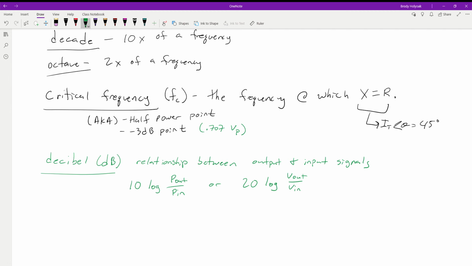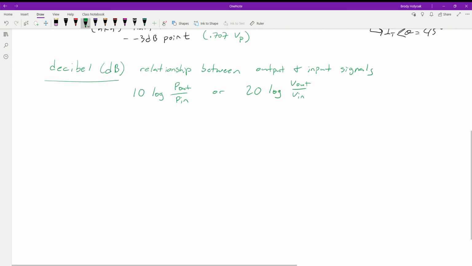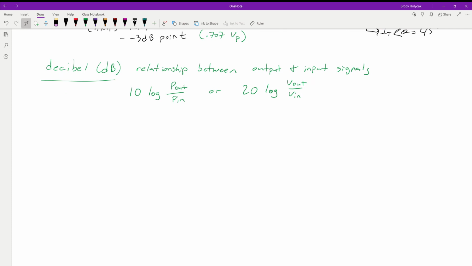We're amplifying specific frequencies, and we can adjust those frequencies on those boards and set everything up so we can filter out exactly how we want our music to sound, how we don't want it to sound, things like that. Audio is honestly one of the easiest examples to use to explain decibels. It's all over the place. That's why when you increase your number of dBs or increase the power on your knobs, you see the volume go up, because we're increasing our voltage out compared to the voltage that we're putting in. I won't get too much into that because that's what you guys are going to cover next semester. But like I said, this is the relationship between our output and input signals.